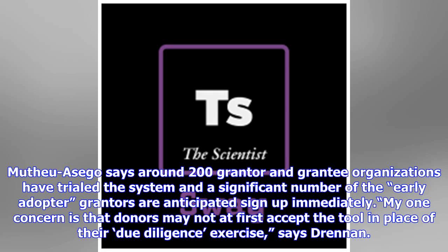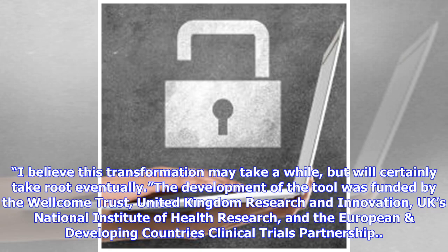"My one concern is that donors may not at first accept the tool in place of their due diligence exercise," says Drennan. "I believe this transformation may take a while, but will certainly take root eventually." The development of the tool was funded by the Wellcome Trust, United Kingdom Research and Innovation, UK's National Institute of Health Research, and the European